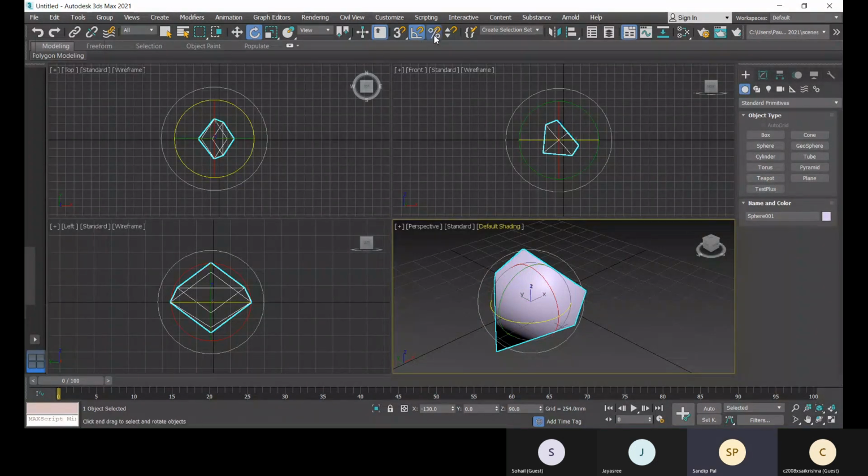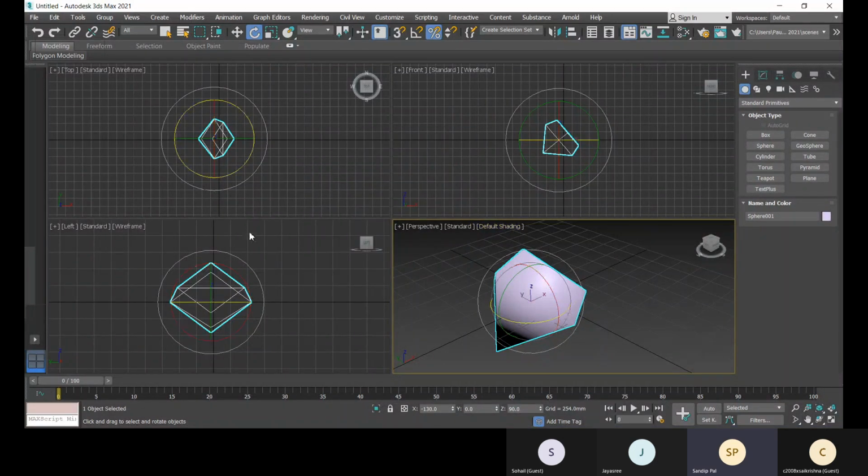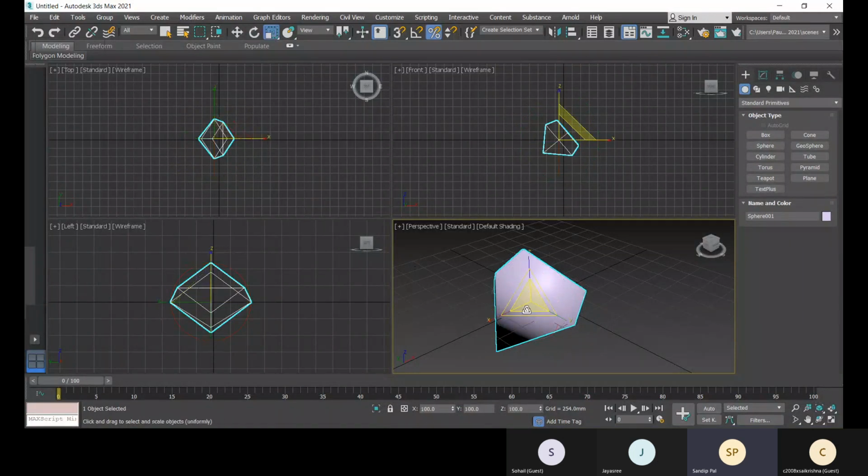And now there is also the percent snap toggle. The percent snap toggle has the same settings, so here you can give the percentage for scaling. This percent snap toggle doesn't have any shortcut, so you can click on this icon and now press R for scale.